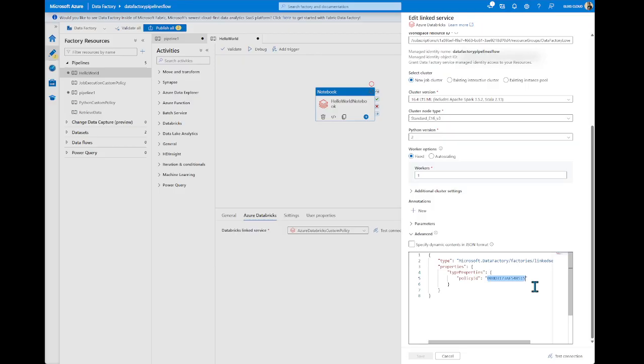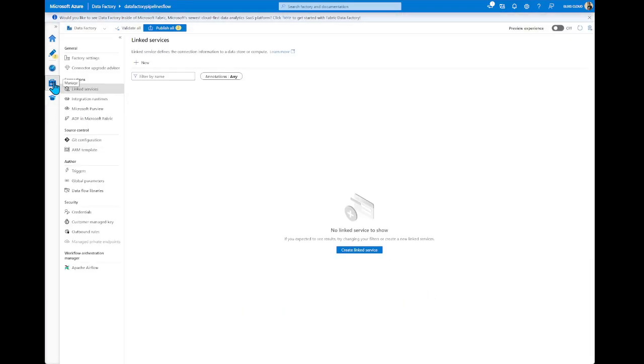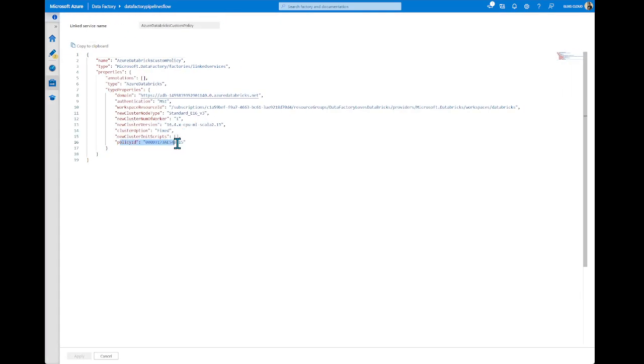And you need to provide this particular custom policy ID. And that's it. This is one way. Another way, you can go to the manage linked service and find your linked service and open it like a code. And here you can provide the same functionality, not only policy and other configuration that you need.